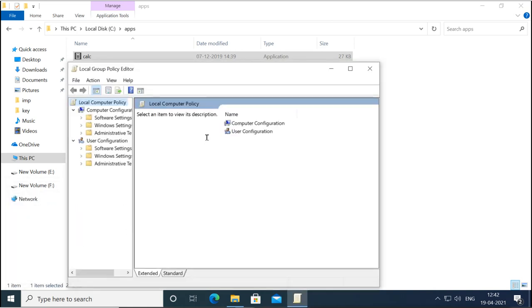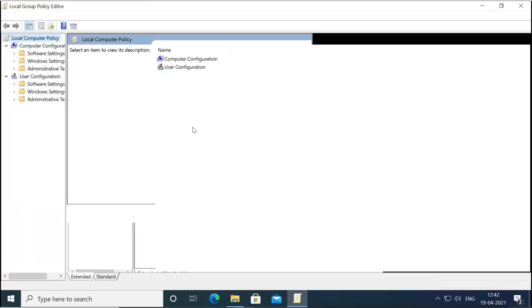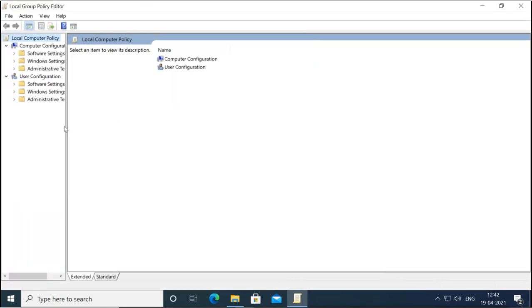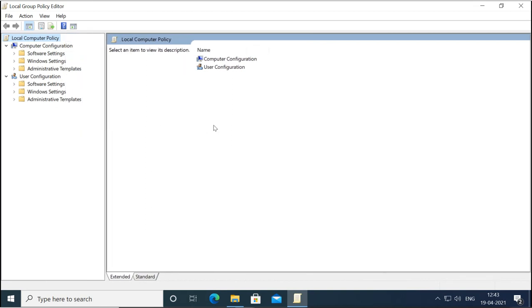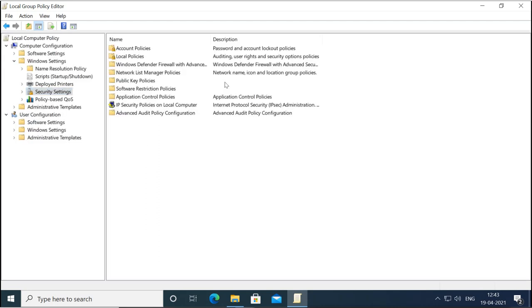Now in the group policy object, we'll go to computer configuration, Windows settings, and under Windows settings we'll go to security settings. Now from here we have software restriction policy.